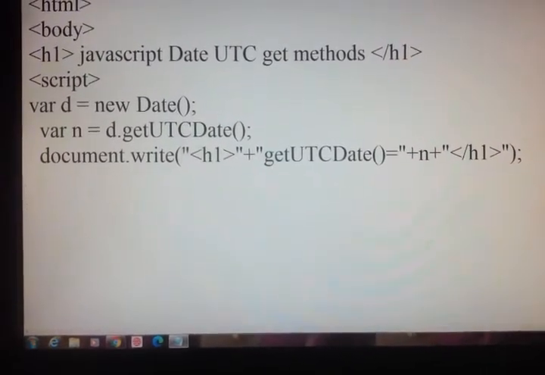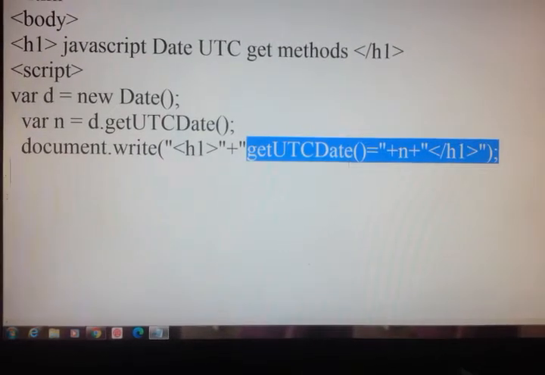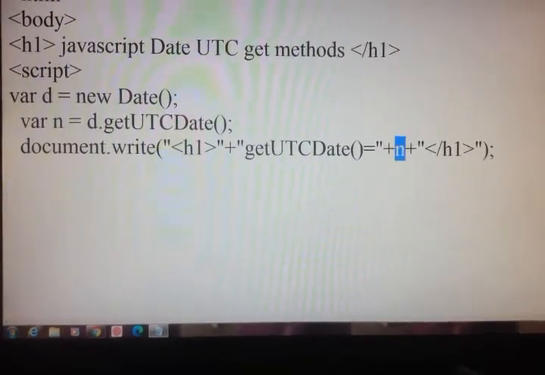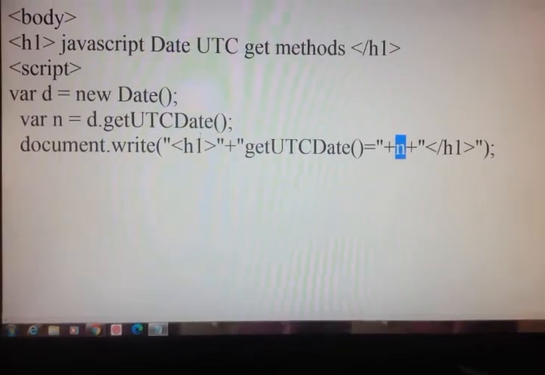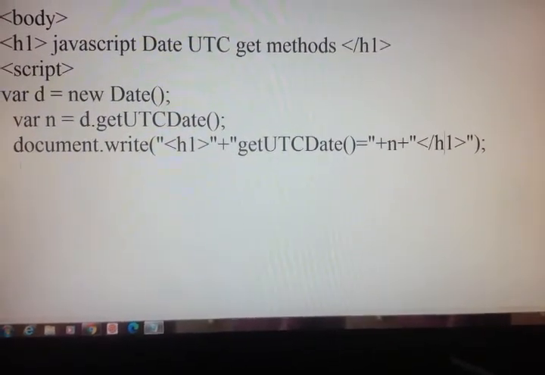Use h1 tag so that the output will be bigger. Get UTC date is equal to n. In n we are having the UTC date, and then closing heading tag.